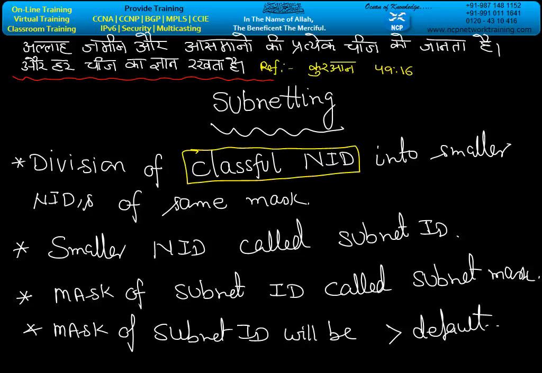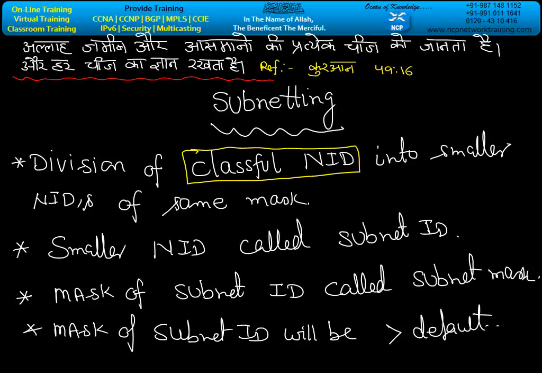A number, any 32-bit number, having the default mask. Like A has 8 bits, B has 16 bits, C has 24 bits. So we have the three components. If the 32-bit number belongs to class A having the mask 8 bits, we can call it a classful number. If a number belongs to class B having the mask 16 bits, it is known as a classful number. In class C, the number of bits is 24, so we can say it's classful.